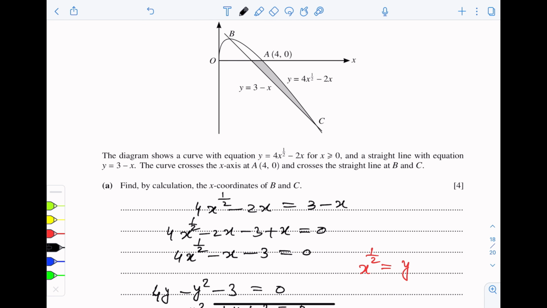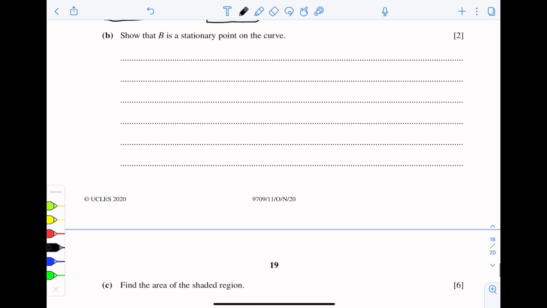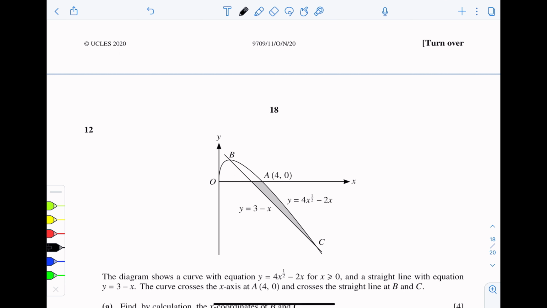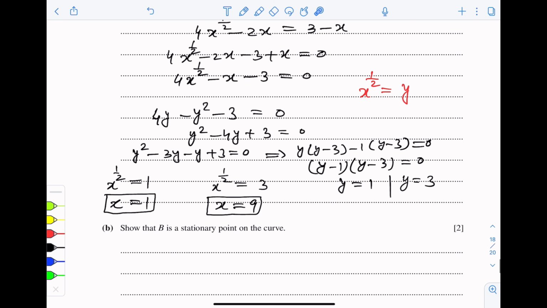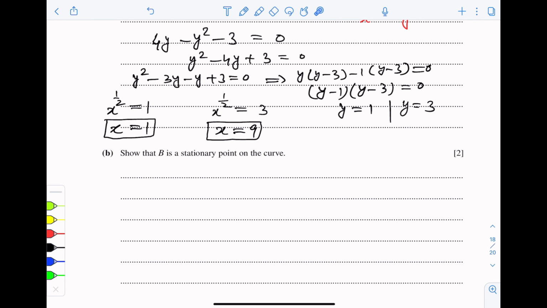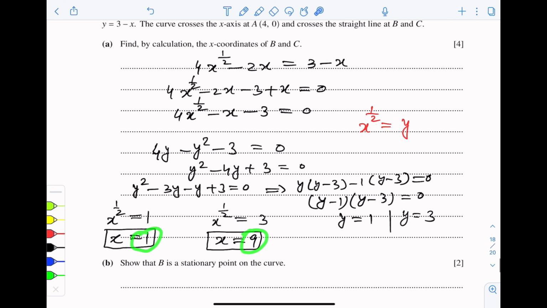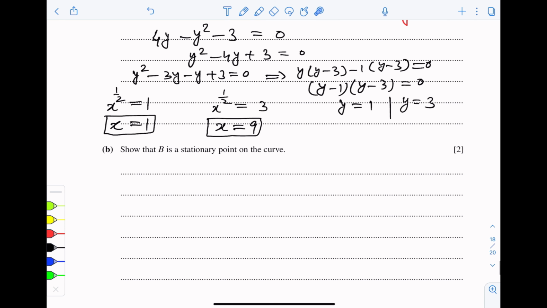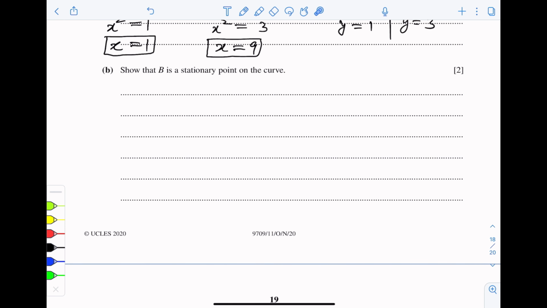These are the x coordinates of B and C. Clearly, B is close to the origin, so the x coordinate of B will be 1 and the x coordinate of C will be 9. Here we have two values, x is equal to 1 and x is equal to 9. These are the coordinates of the points of intersection. So next is show that B